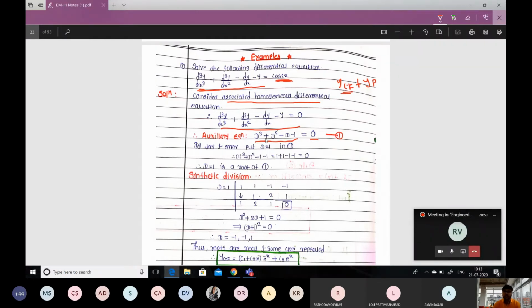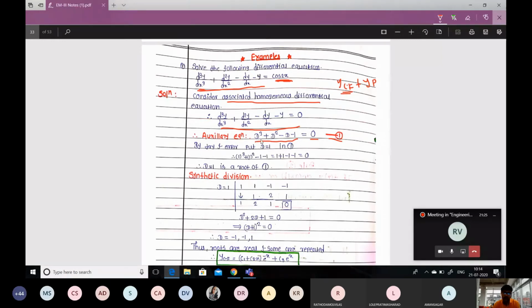Now this is a cubic polynomial, and we want to find the roots of this polynomial, equation number 1. There are three options actually. You can use a calculator, or you can use synthetic division, or factorization. But for factorization, obviously you will require at least one root. So directly you cannot do the factorization as with a quadratic polynomial.